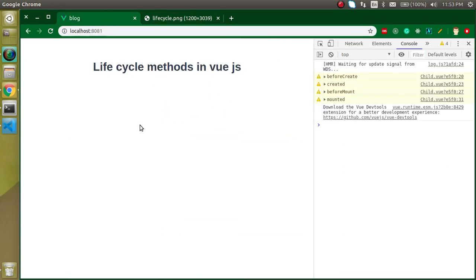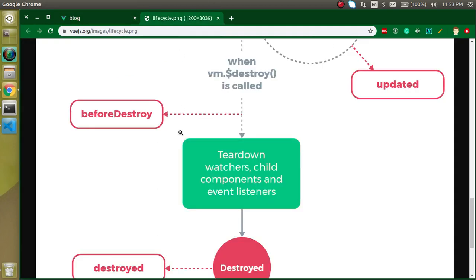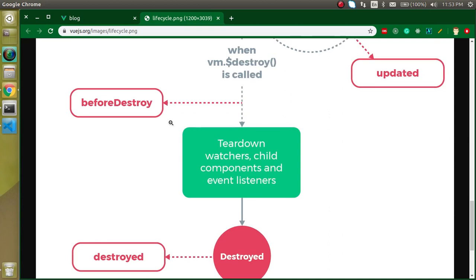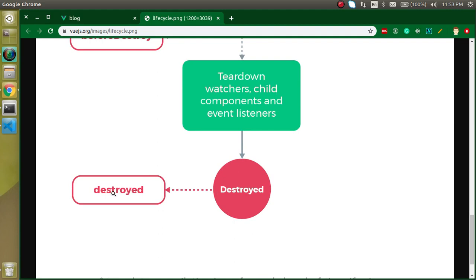So let's say I have a function here, and I have a component here. On a button click or any other event, I destroy the component. Destroy means I just remove it from my DOM. I just hide it. All right, so then our destroy lifecycle method will be called, and it actually has two parts. When you click it and a component is about to be destroyed, the beforeDestroy method will be called, and after destroying, the destroyed lifecycle method will work.